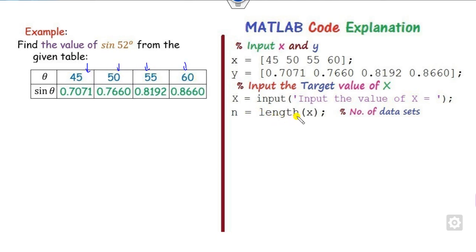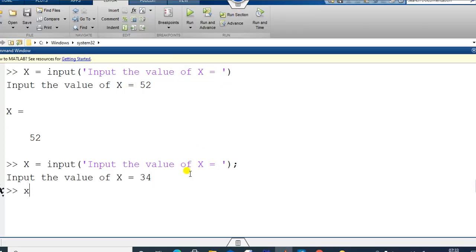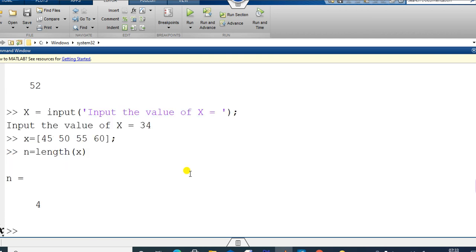So n is the length of x, which is 4. Otherwise you can also write it directly as n is 4, but I always recommend this way. The meaning is that if you want to add some more elements, it will automatically be updated. So if I write x as 45, 50, 55, 60, and n is length of x, it will give you 4.